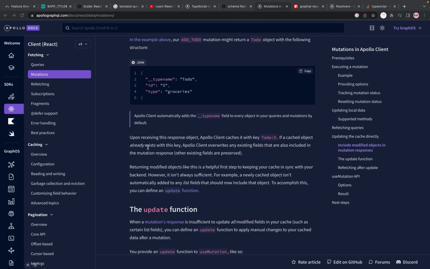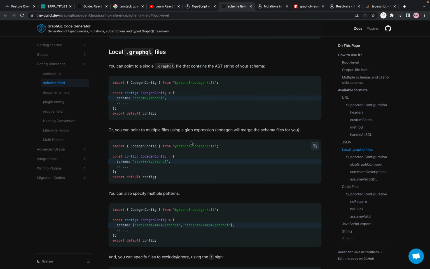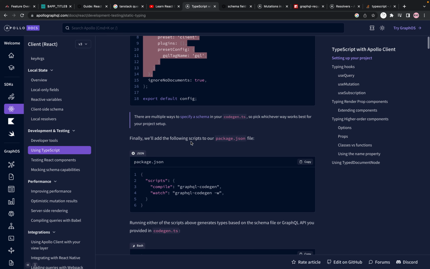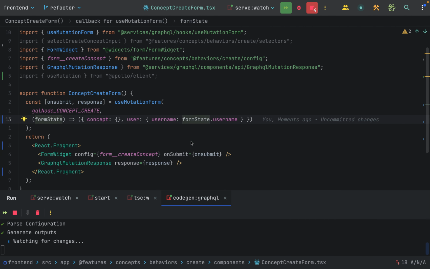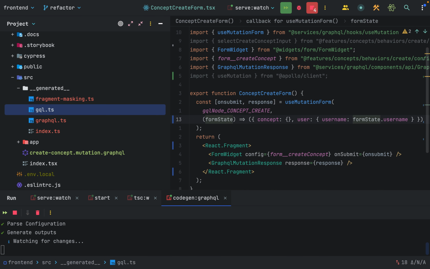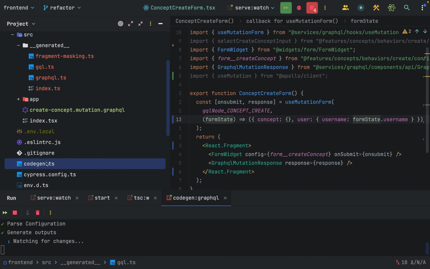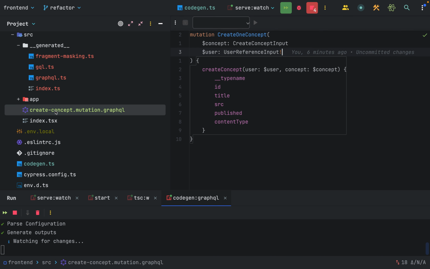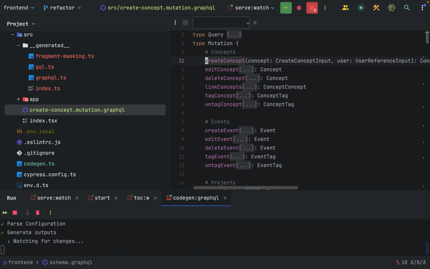So I've been looking into Apollo GraphQL, the code generator. Let's see, do I have that open? Kind of, yeah. I just followed their instructions for getting this codegen.ts file up. And now I'm thinking about making these mutation.graphql files that have the kinds of mutations that I'm looking for and allow me to actually click into the